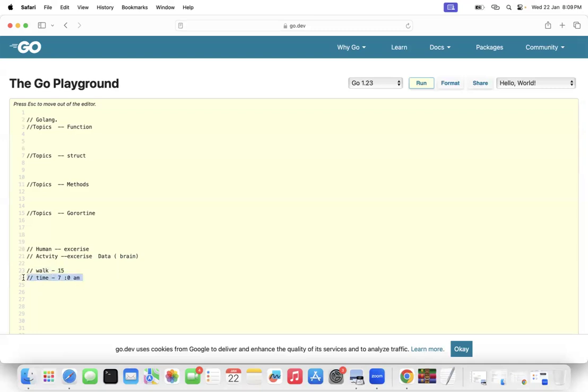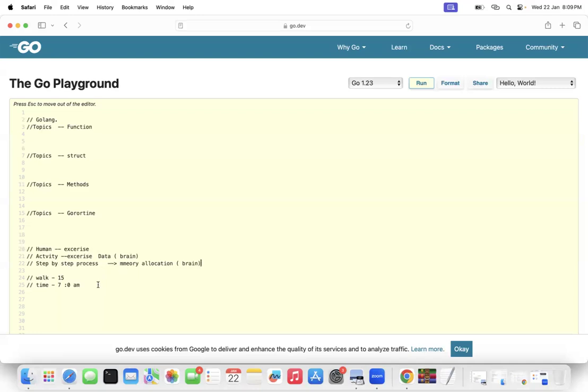An activity will have a step by step process, correct? You write a step by step process. So in coding, you write it down in functions, structures, methods, goroutines. That activity has a step by step process. In human activity, what is the first thing you do? Any activity you do will contain variables and data. It means you are first doing memory allocation. Where do you do this memory allocation? In your human brain. So your human brain actually has this activity. So let's go deeper into this and understand.